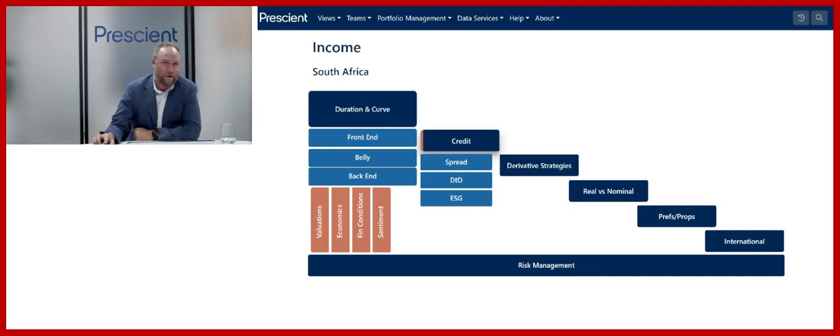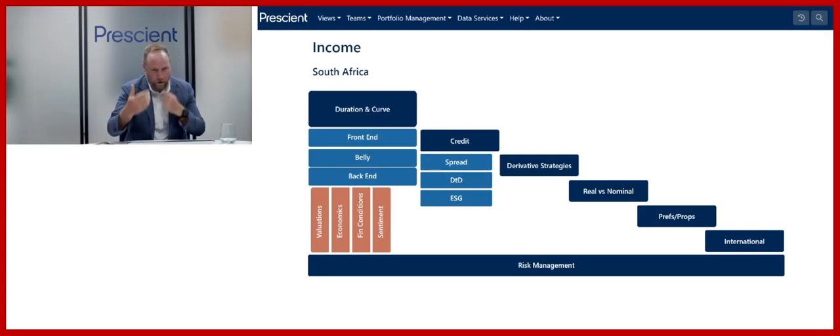The second part is the credit component. Phil went through that quite nicely as well. For us at Prescient, it's very important to understand 2 things when it comes to credit. Certainly a very, very interesting opportunity set for us, but you need to have a team that can understand credit, that can analyze the credit, and certainly understand the risk you're taking versus the price you're getting paid. So on the credit side, traditionally what people are scared of is what we call default risk. So that is if we lend our money to MTN and it goes bust, we don't get our money back. But more importantly, in the South African context, for us at Prescient, what's important is to understand the price of the credit. And that's really what we mean when we talk about spread.